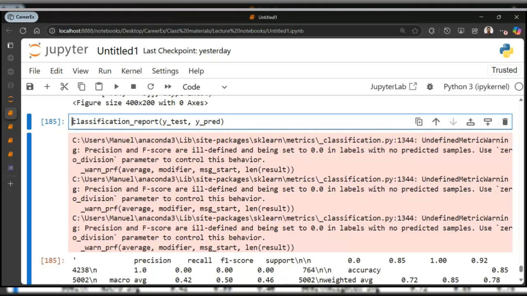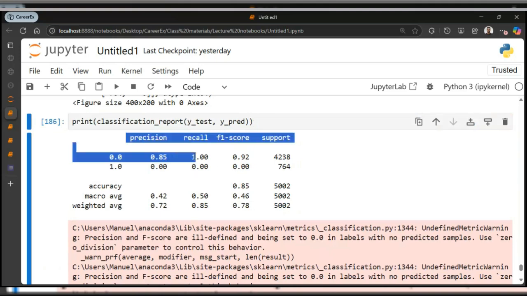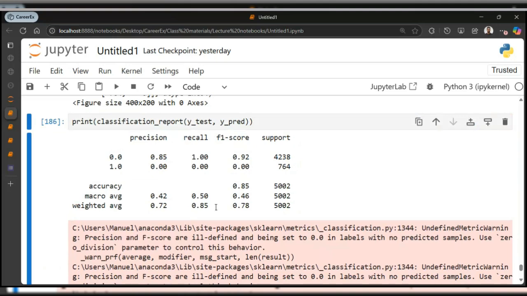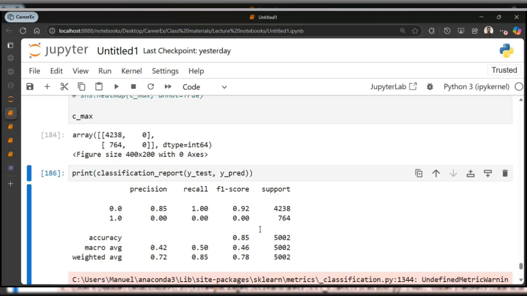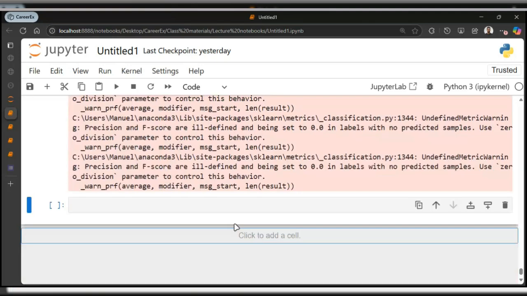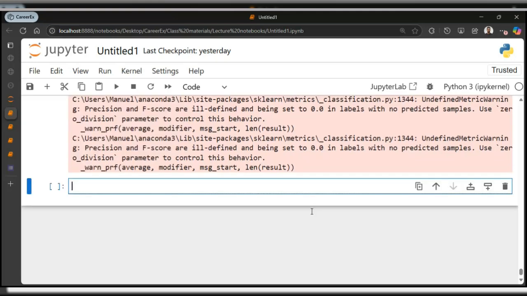Let's quickly do print. So you can see your precision here and all of that. Everything will be displayed, so you can start interpreting your metrics. You can move ahead to check your F1 score, your precision, your recall, and even your ROC AUC curve.